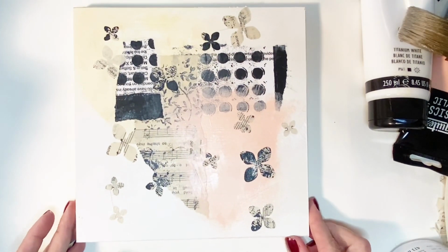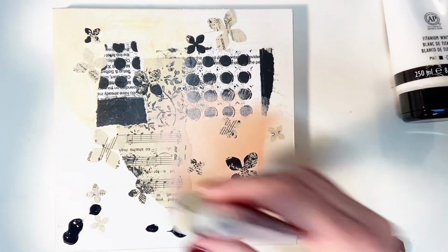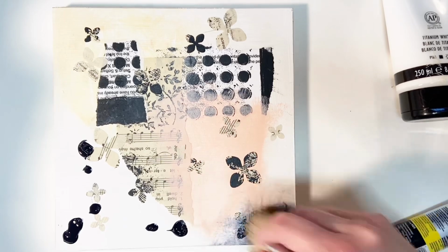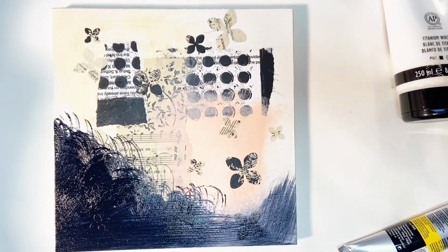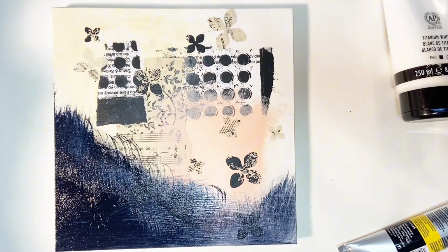So I should mention here too that I am letting this dry between layers. A lot of people ask that, and yes, I do let this dry between layers. If I choose not to, I will let you know, but most of the time that is what I do. Sometimes I do want the colors to blend with some of the underneath colors, so that's okay, but in this